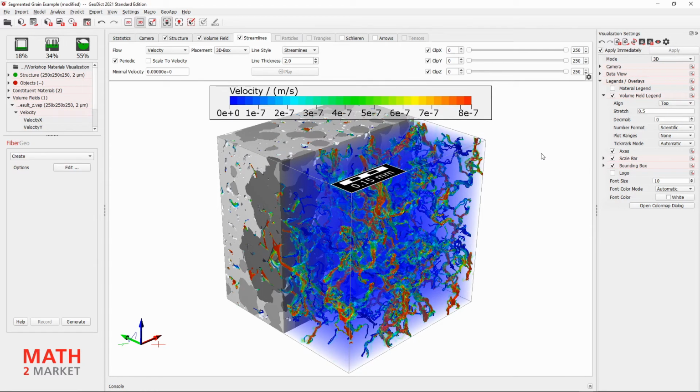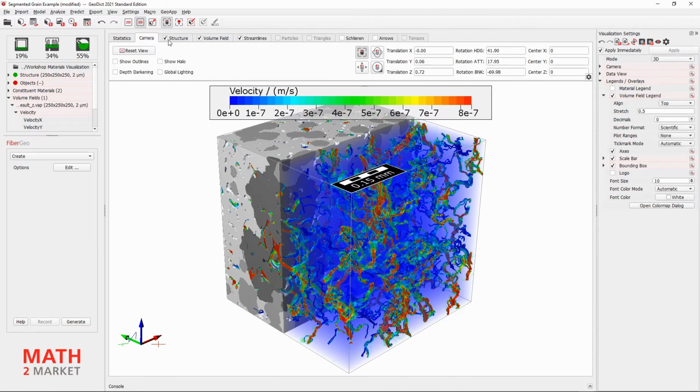We also positioned it at the top because we will save the image with an additional image element in the lower right corner. With this last image element defined and set, we will now see if we can reactivate the additional visualization features in the Camera tab. We switch to the Camera tab now and show outlines and global lighting unfortunately do not work very well in conjunction with such an extreme setup as we have it here, with a transparent volume field and streamlines. But a very useful option that we can activate is the show halo function, which renders a small halo around objects, which can drastically improve depth perception.